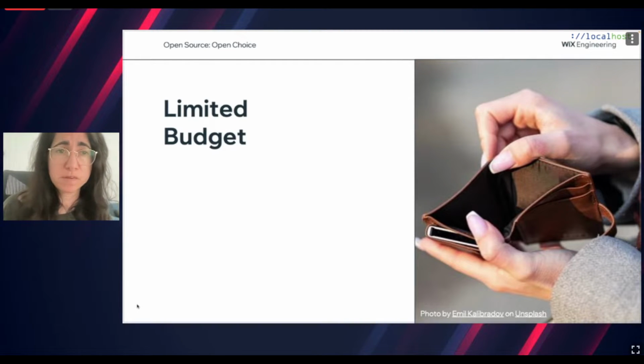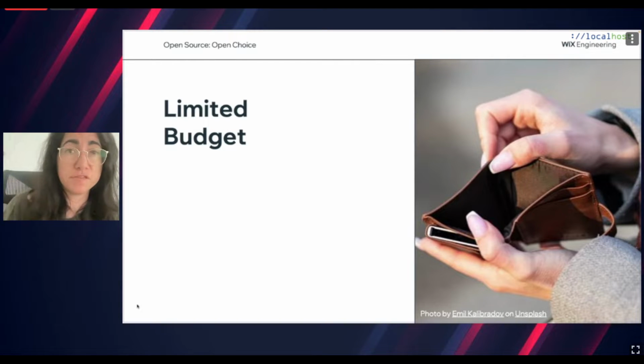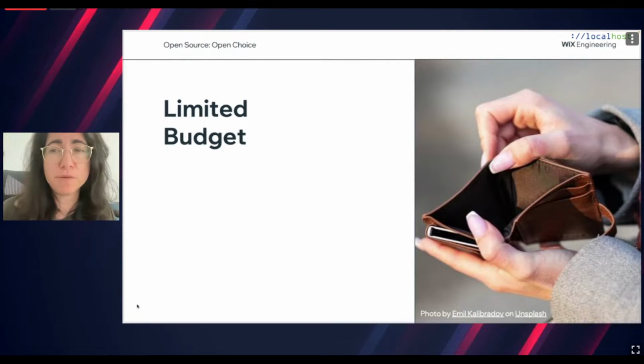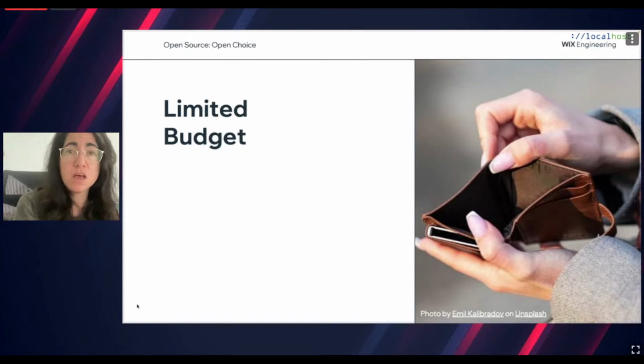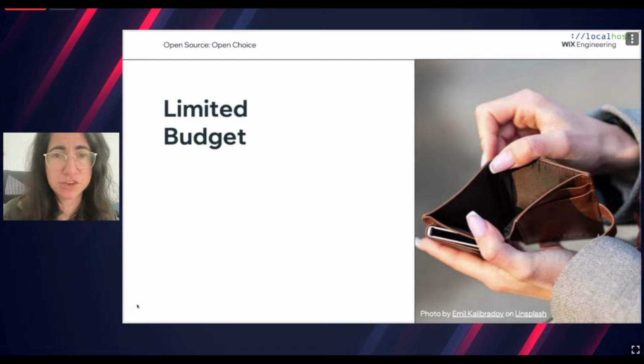Another reason to adopt open source is when you have a limited budget. When your budget is limited and you can't really afford purchasing an enterprise license of the software, then you can use its free version or an open source alternative. It will also allow a lower total cost of ownership, because adopting open source software generally has lower cost: the software itself often comes at no cost or relatively low cost, and it shifts the cost center from licensing to customization and implementation.